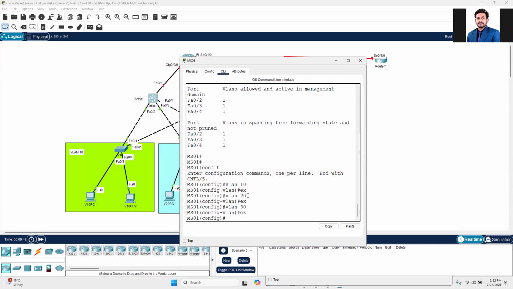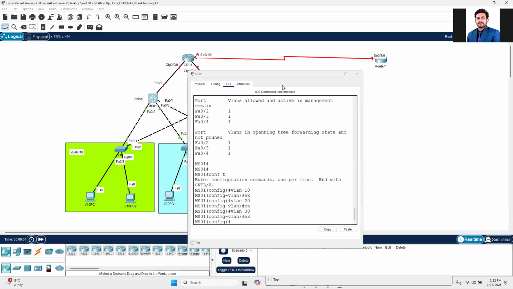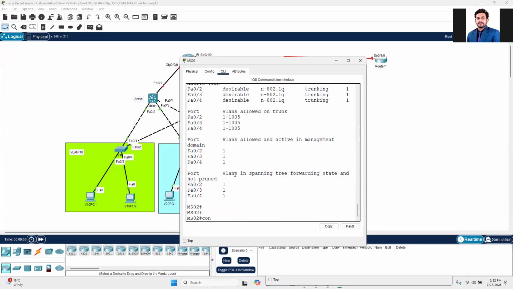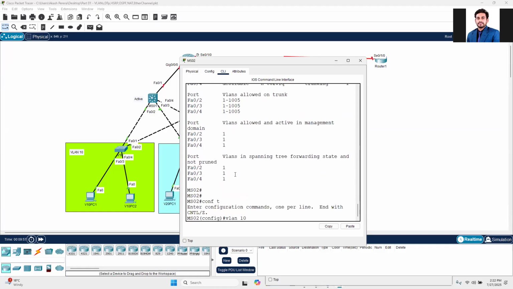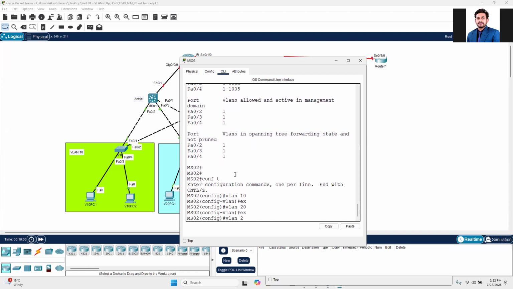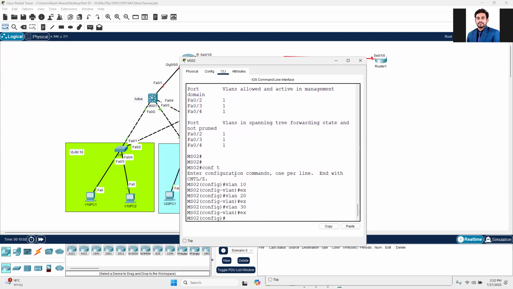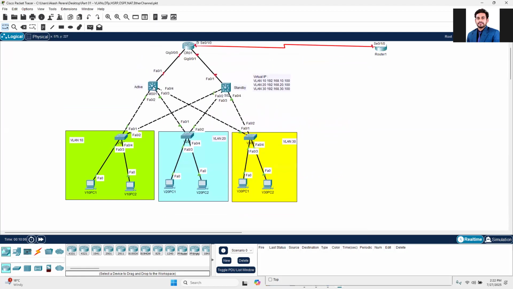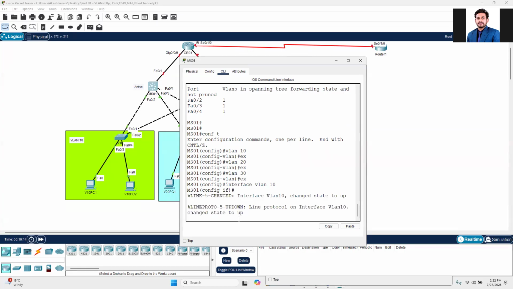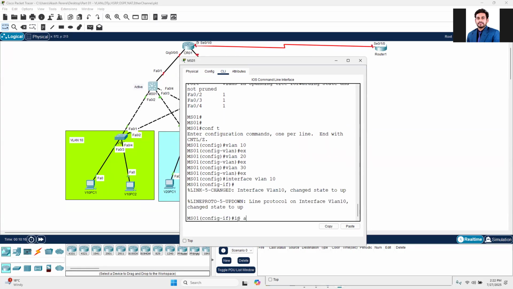Right. I'm going to do the same thing in the other end as well. Go back to this side. CLI, conf t, VLAN 10, exit. VLAN 20, exit. VLAN 30, exit. Okay, so I've created VLANs. Now let's give IP addresses to each of these VLANs. So I'm going to say interface VLAN, right? Then I'll give IP address